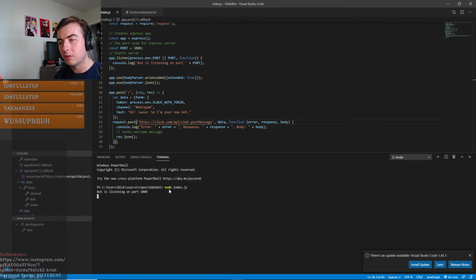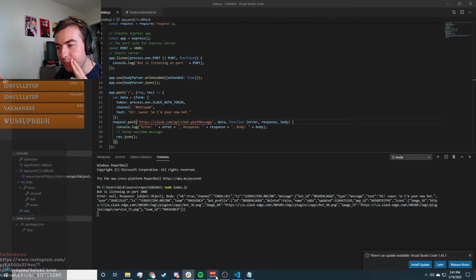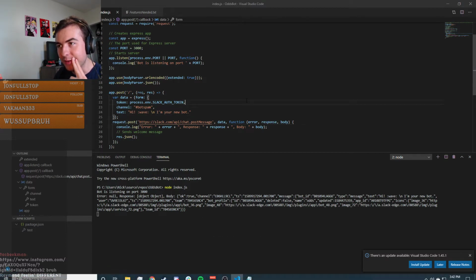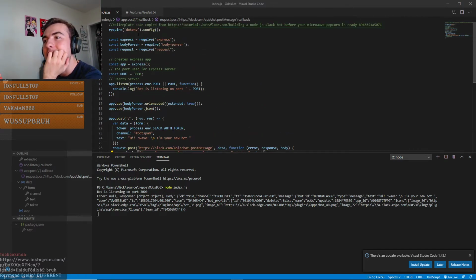Index.js. Okay. Now, if we go to the hotspot. Yes. Sweet. Okay. And it gets all that good information back. But it is getting an error. Error, null response. Object body. Okay, true channel. Message, hi, wave. User, and so on. Okay. The next step is getting it to take in the information that I want. So right now, we've got it listening on